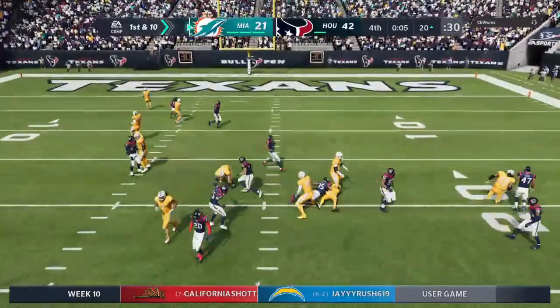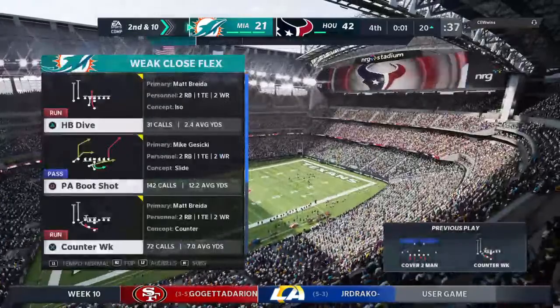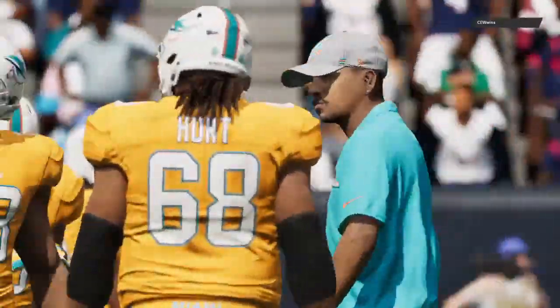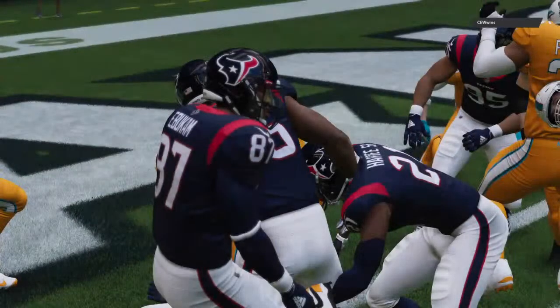Now it's Breida. And he's going to be met at the line of scrimmage and taken down. It was Kendall Donnerson who made the stop on the defensive side. Defensively, we always know that he is tough in run support, and I think the way that he gets there is he